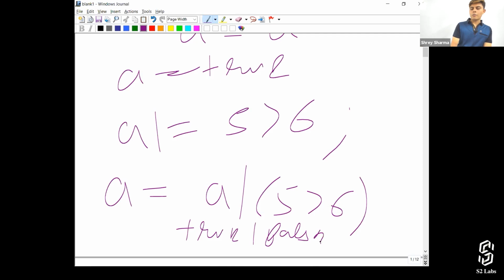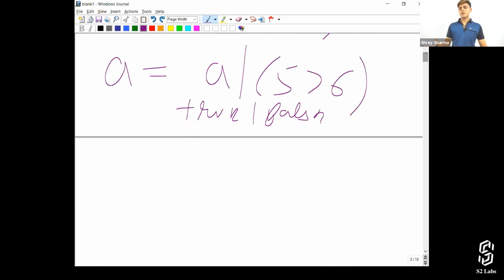So if you do OR between both of them, true, right? True or false is basically true. Any one of them is true, then it's true. Increase last bracket. So that's basically what it is.